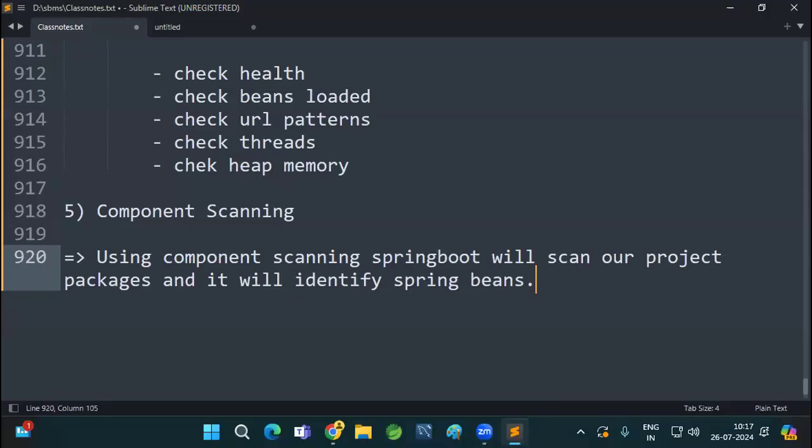Why are Spring Boot developers having this much demand in the market? Because in the industry, every Java project is developed by using